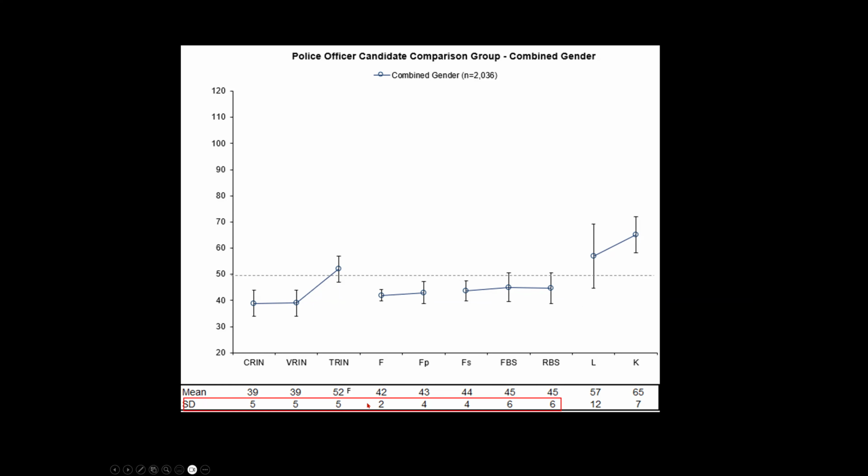The other thing to be mindful of is that we have quite a bit smaller standard deviations compared with the general population standard deviation of 10. And as a result, for example, if we look here at the CRIN scale with a mean of 39 and a standard deviation of 5, that means that a T-score of 49 on CRIN for a law enforcement candidate is 2 standard deviations above the comparison group mean. So again, that's something that we're going to be focusing on a little bit later when we look at the